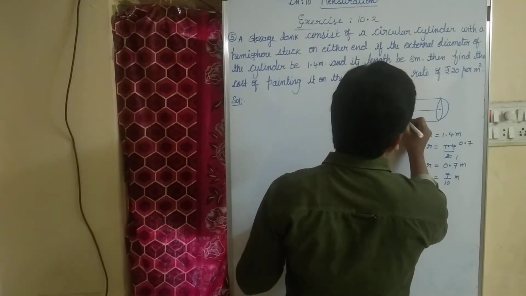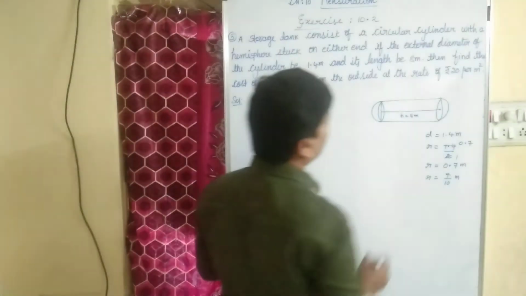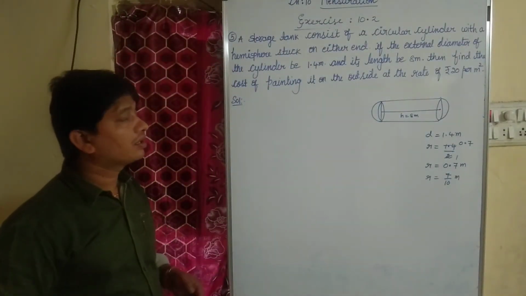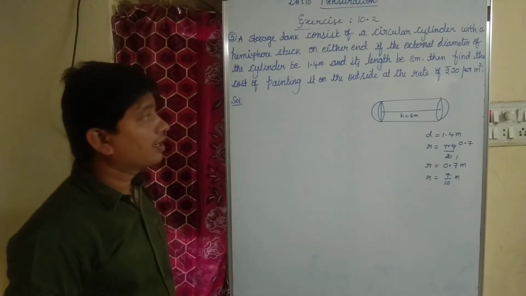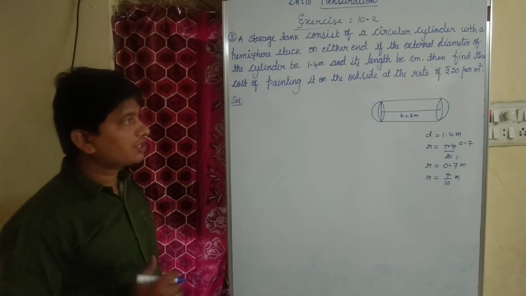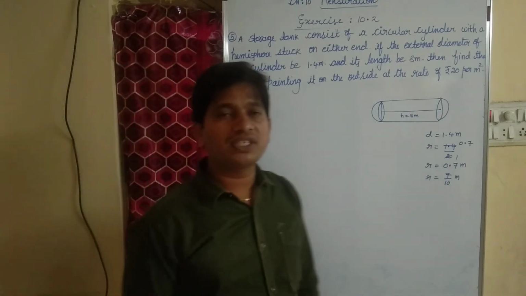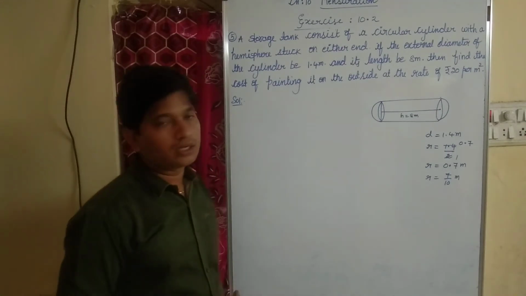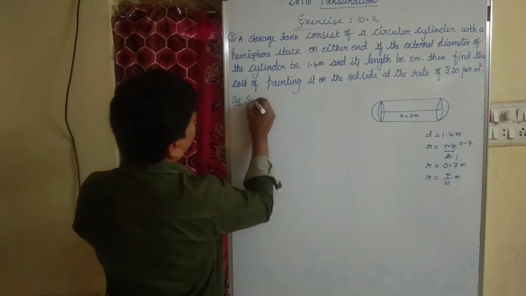The height of the cylinder is 8 meters. Find the cost of painting it on the outside at the rate of rupees 20 per square meter. So first of all, we should know what is the surface area of the resulting storage tank. So surface area equals,